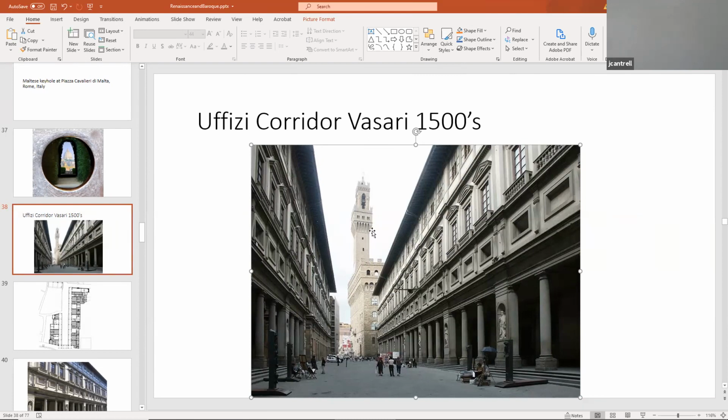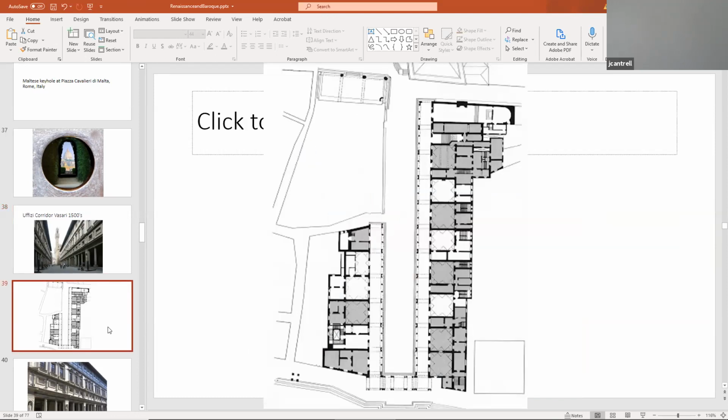Of course, Vasari's facades are remarkably beautiful. Not only are they using the classical orders, but they're very carefully proportioned based on ancient ideas about proportioning from classical architecture. Here's a plan, but if you look at the plan of Florence, the streets are very haphazardly arranged. There's not a Cartesian grid.